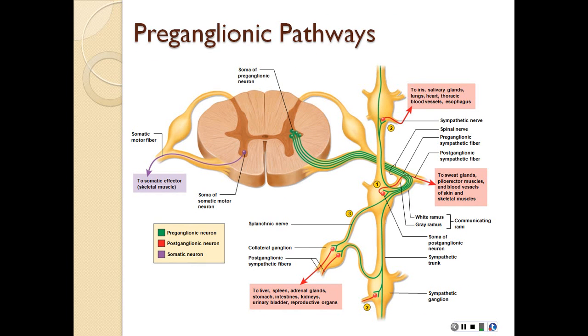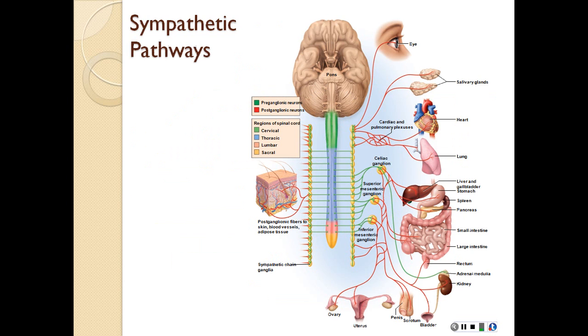Now, one other thing I didn't point out. There's a chain ganglion here. Parallel to the spinal cord, the sympathetic division has a chain ganglion. You see the ganglia; these contain the cell bodies of the postganglionic neurons. Most of the postganglionic neurons have their cell bodies in the chain ganglion, and that's very close to the spinal cord. That's why the second neuron carries the signal all the way to the organs, and the second neurons are long.